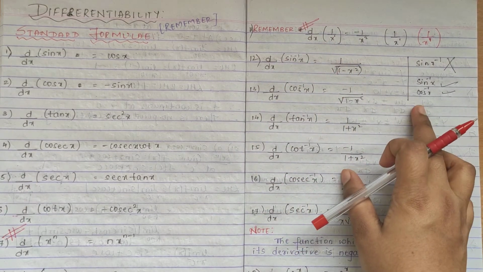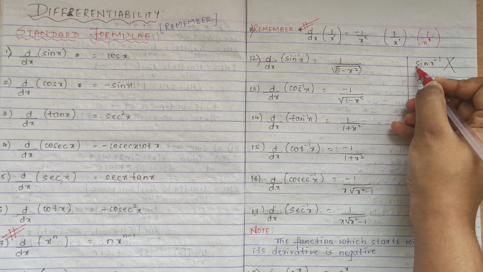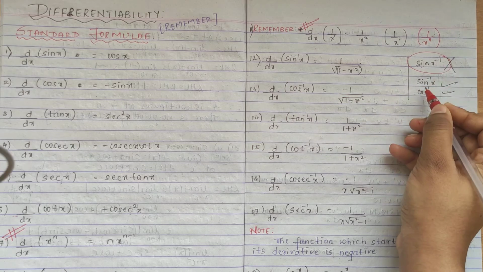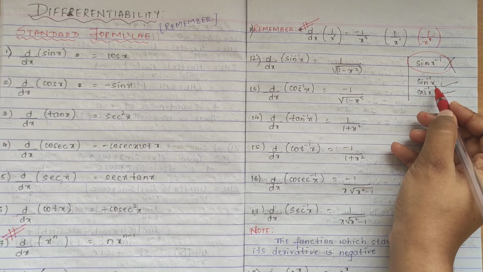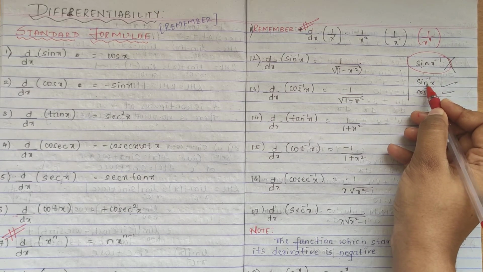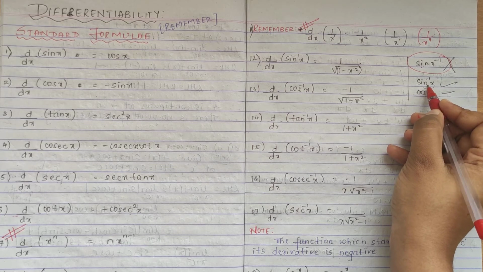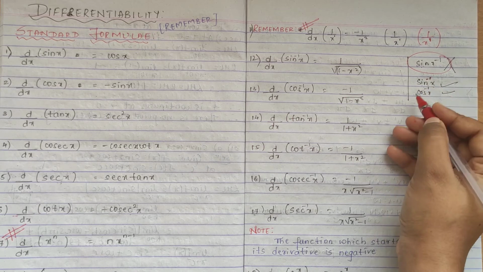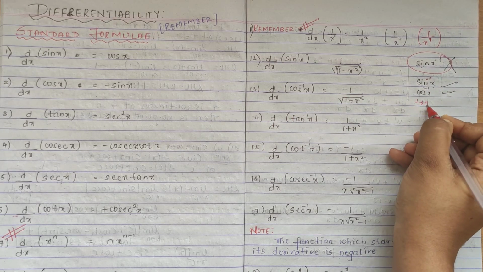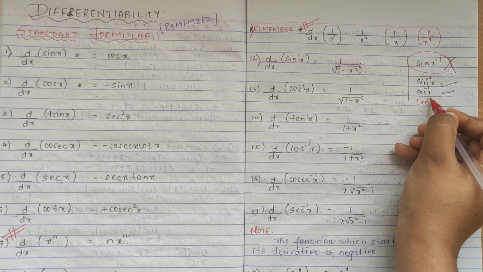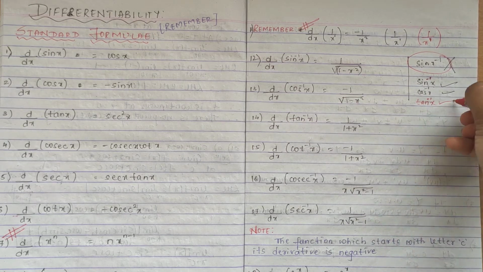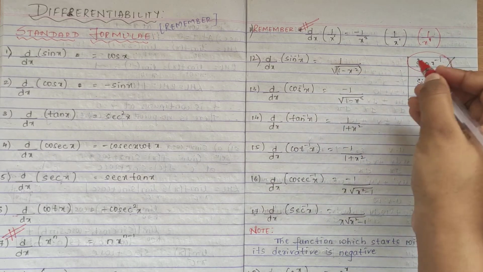See, the inverse part we never write like this. Sine x raised to minus 1 is totally wrong. You should always write sine inverse x. Wherever your trigonometric function ends, its last letter, the raised minus 1 goes there, and then you write the x. Like tan: it ends at n, so you write minus 1 there and then you write x. This is the actual way. You are not supposed to write like the other way.